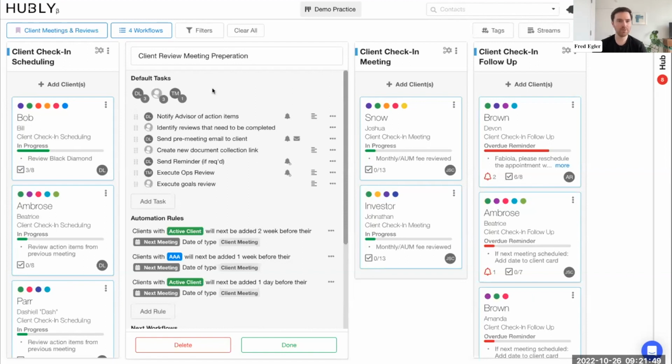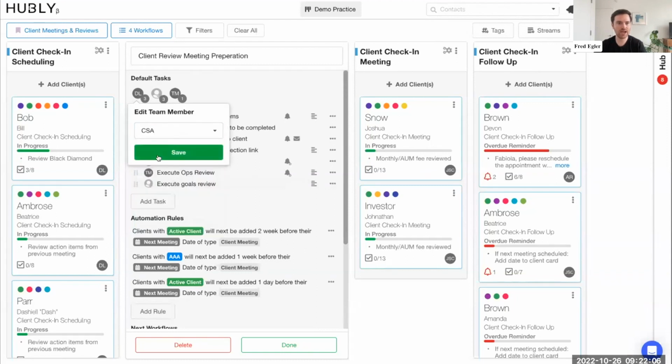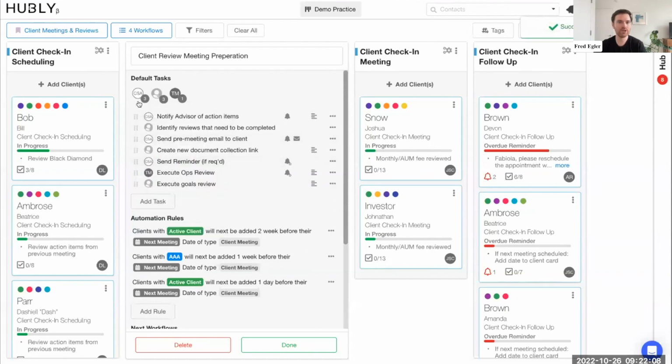So this is maybe a common situation for workflow templates where, let's say, Deb is the CSA for a lot of these tasks. What we can do now is easily click this summary task button at the top that says Deb is assigned to 3 tasks, and just reassign those 3 tasks to the CSA role. Now those 3 tasks are assigned to the CSA role, and whenever a contact's added to this workflow, Hubly is going to intelligently look at who the CSA is for that client and route the task to that user